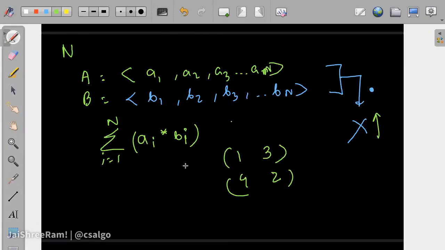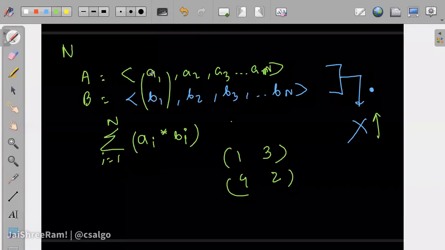Yeah, so I think that's all. You just have to sort them and multiply. Increasing or decreasing doesn't matter. If you do the same for both of them, it's correct. Why? Because it's a dot product, so it's finally going to get summed up. If ai and bi happen to be over here or at the end, it doesn't matter. It's just which bi you pair with ai.